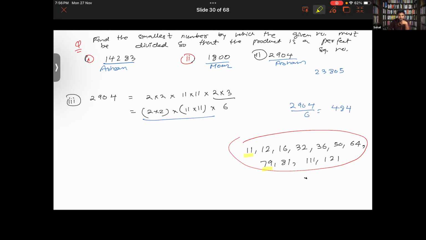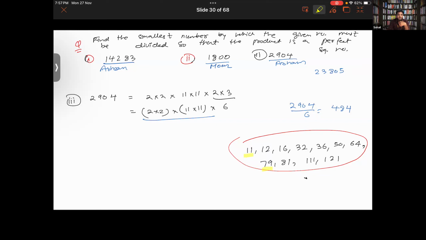Neither is 50. So 31. Neither is 111 a prime number, right? It can be divided by 3, 37 times. So the point I'm trying to make here is that prime numbers are always non-perfect square